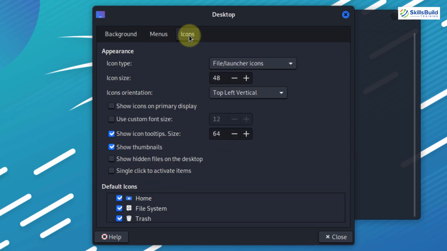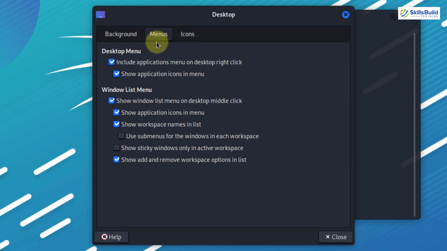And now if I go to the icon section, here I have different options. For example, some people like to open their applications and folders with a single click. Here we have the option to do so. Just check this option and now if you single click on anything, it will get activated or opened. But it all depends on your liking. I do not want to go with this one, but you can if you want. Other than that, we have icon size and icon types, and some other settings that we can change for the icons of our system. Then here in menus, we also have some options that you can go through.